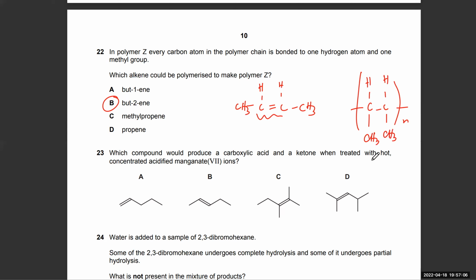ठीक है, ये clear है? Yes, sir. ठीक है. अच्छा,